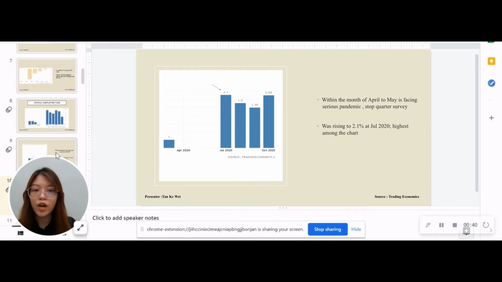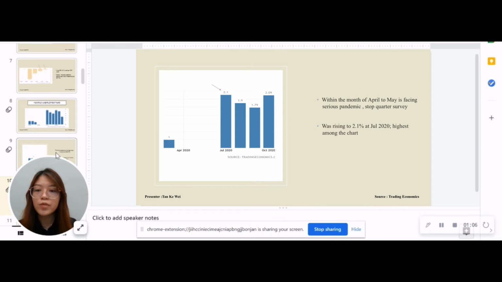Now we move on to the period of April to May. We know that within these months, the world was facing a very serious pandemic, and everywhere was starting lockdown to prevent COVID-19. So this month was stopped for a quarterly survey. Next, in July, the employment rate had a very big change, rising to 2.1%, which was the highest